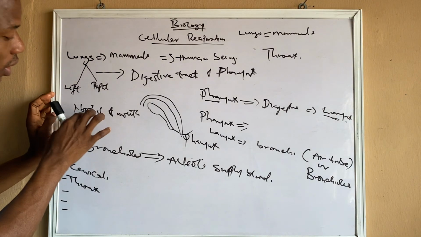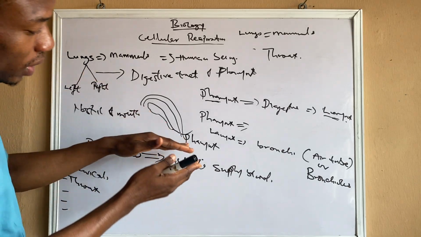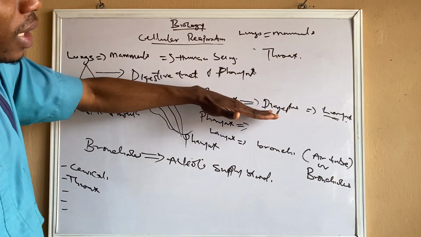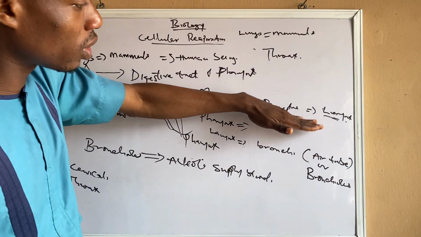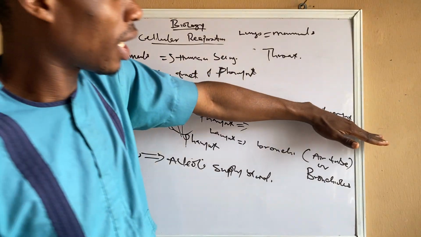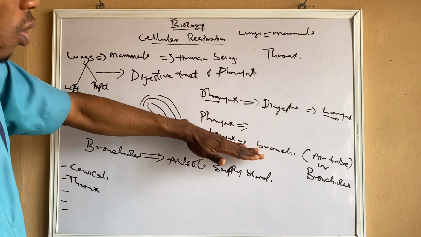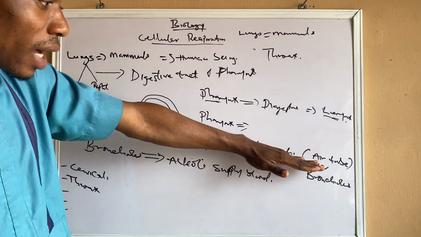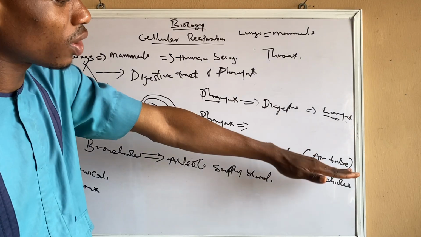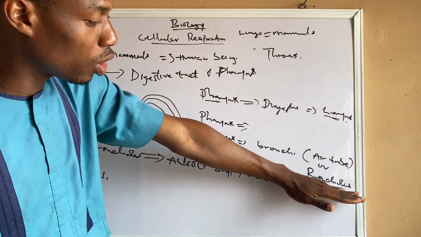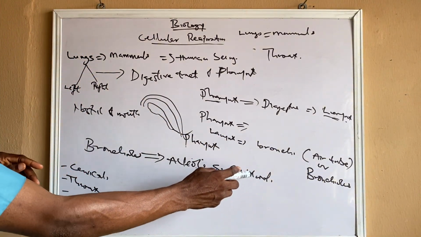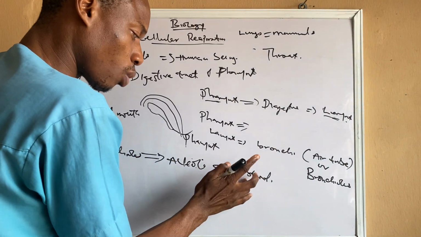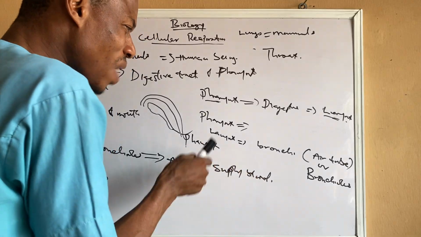So this nose and mouth open into the pharynx. The pharynx now breaks down to give us branches: one into the digestive system, and the other going to the larynx. Now the larynx branches into the bronchi. Now the bronchi branch again to give us the bronchioles. The bronchioles now enter the alveoli. The alveoli has the excess blood supply, where the oxygen